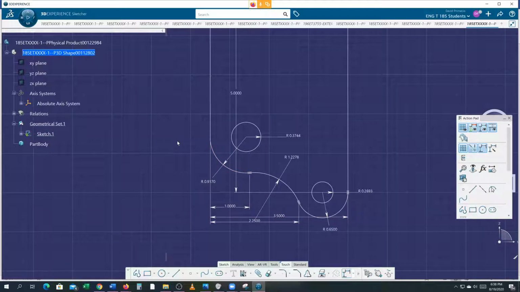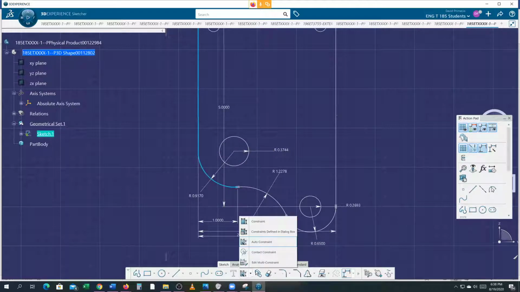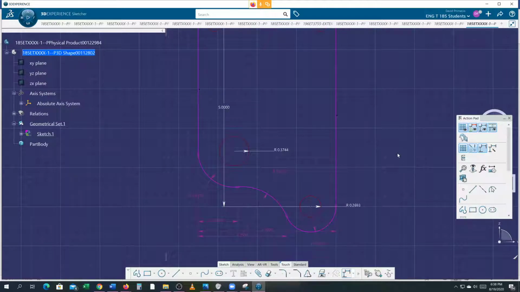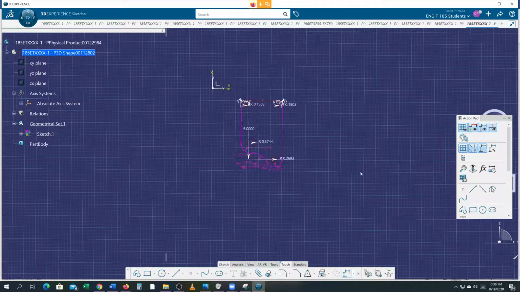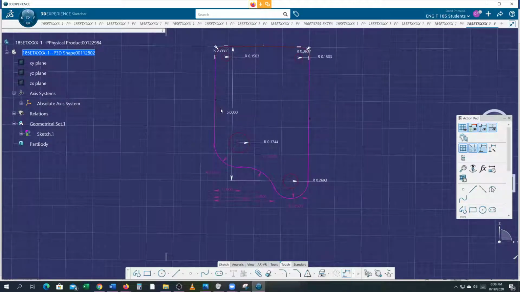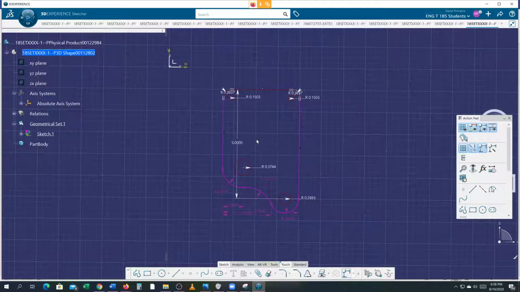And that's when people say, oh, auto constraints doesn't work. And then I try and come back here and set this tangency. I try and do this tangent. You're going to have a whole nightmare of a mess. And even if I didn't auto constrain, when people start constraining it and you don't do your geometrical constraints first, this becomes a giant headache. So I don't know how many people tried to create this and then constrain it. But again, if you watch my technique,